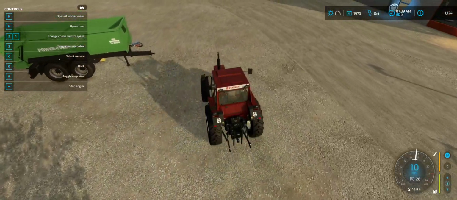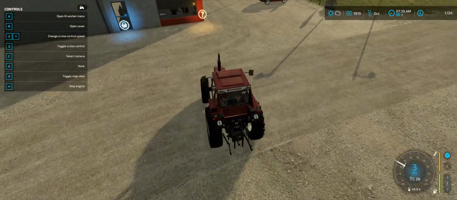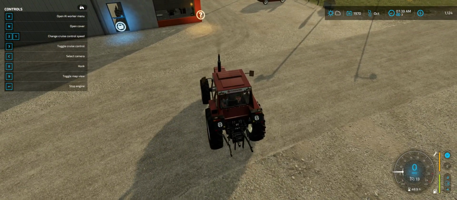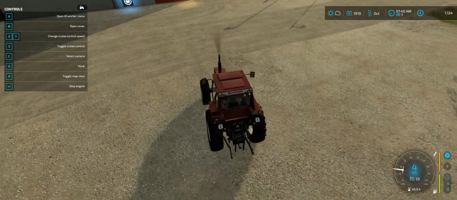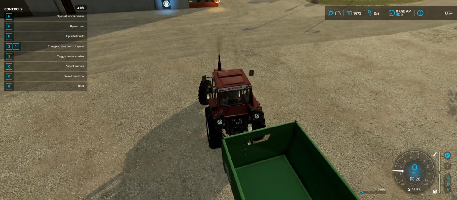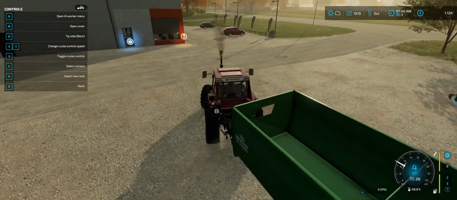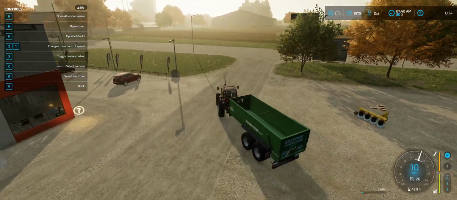Good old Fiat. This is probably what I'll end up buying. I didn't like that tractor we were using yesterday though, but cost-wise this one's relatively inexpensive for a medium. Looks like it can pull